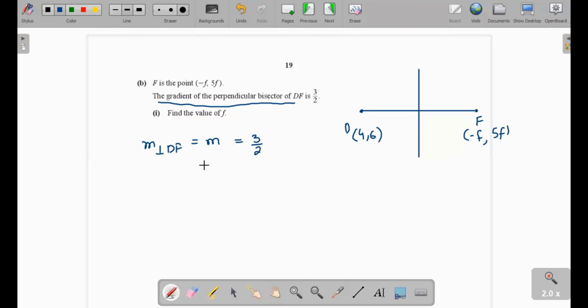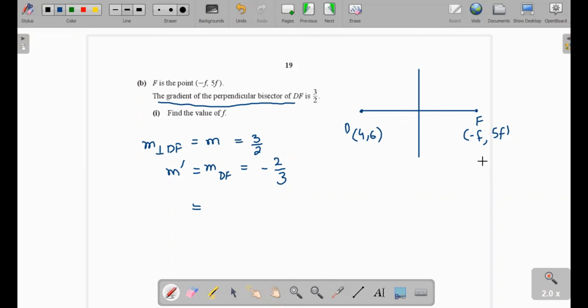Now the gradient of BF we consider as n dash, which is equal to the negative reciprocal, minus 2 over 3. When two lines are perpendicular, the gradients of both lines will be negative reciprocals of each other. Therefore, the gradient of DF becomes